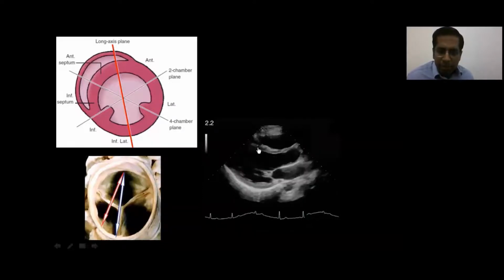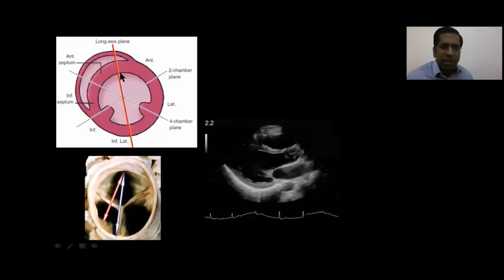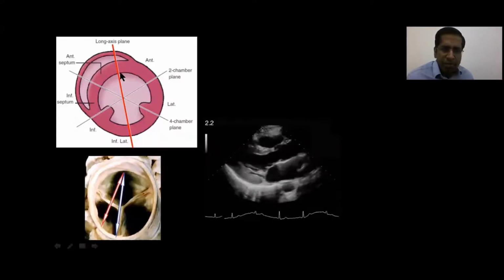It is best not to call it just the interventricular septum. It is good to be specific and call it the anterior interventricular septum, because as you can see here, this is the plane which cuts it here, and that corresponds to the anterior part of the interventricular septum. It is important to know this because what you see here is not the same as what you may see